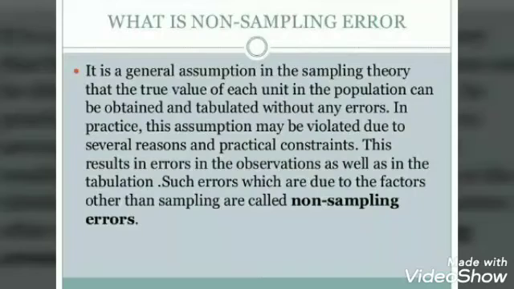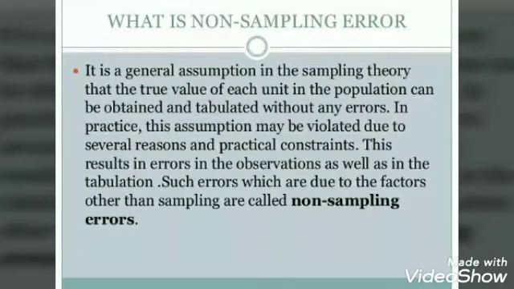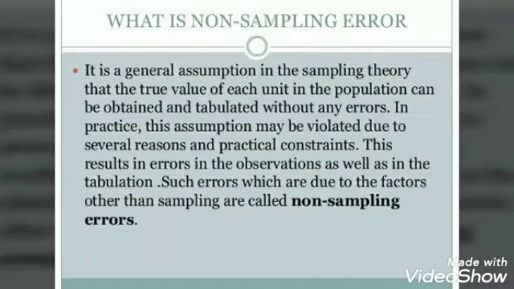If we talk about the factors due to which non-sampling errors take place, there could be error of measurement. That means the error of measurement may occur due to difference in the scale of measurement. When the measurement was done, maybe there's a difference in the scale or difference in the rounding procedure adopted by different investigators, while the same problem has been tackled by different investigators. So there might be some error while they have rounded up the procedure, or there might be an error of non-response.